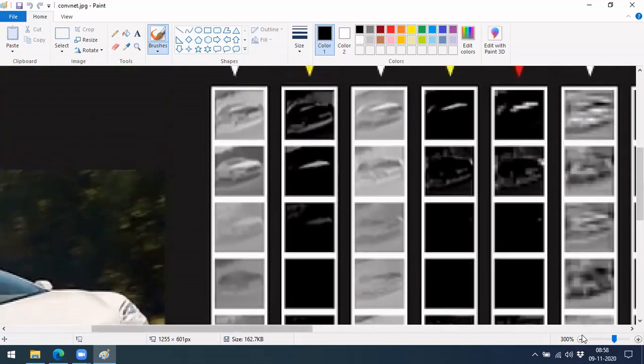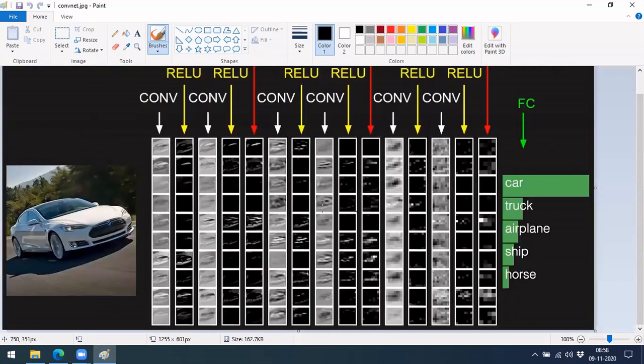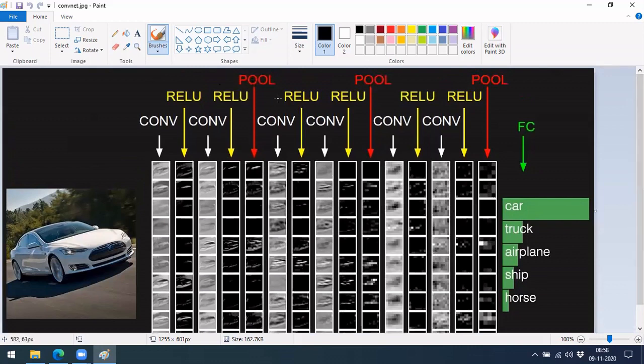We can do a visualization here. So this is one example. Finally you can see there is a stack of convolution layers, then a ReLU activation, convolution layer, ReLU activation, and like this. And here they have done the pooling, where they reduce the dimension, and again they do the same.